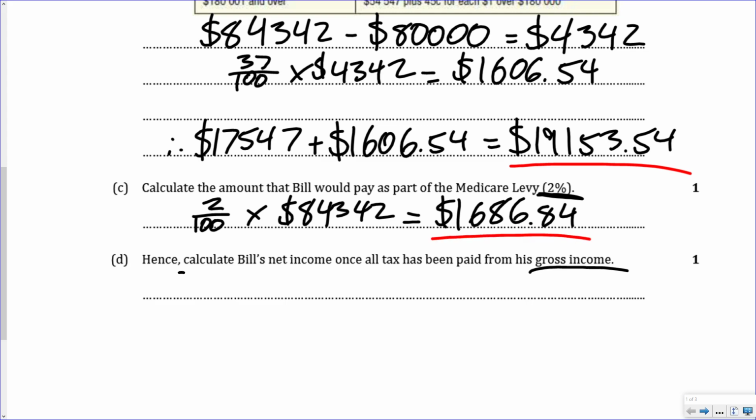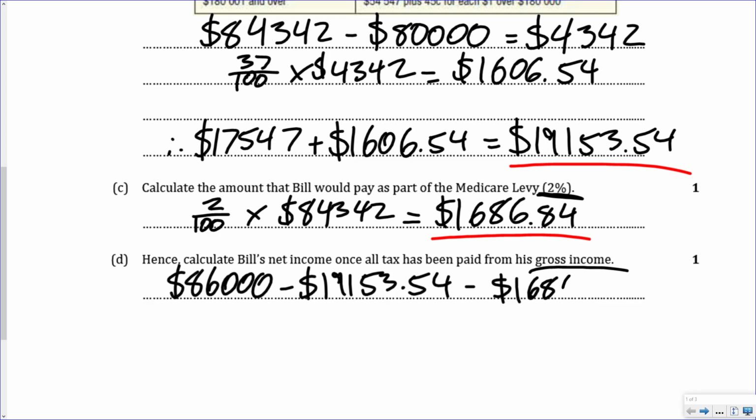So we're going to get that 86,000 minus the $19,153.54 minus the $1,686.84, and that will give you $65,159.62. And the idea is that that is the amount of money that this person is actually getting in their